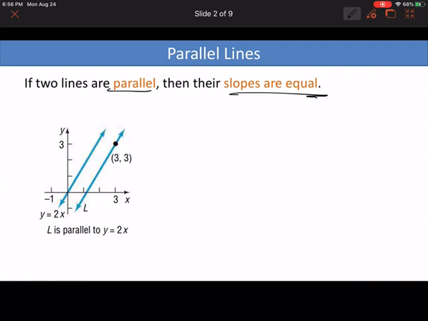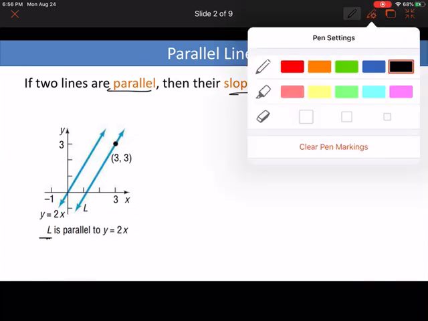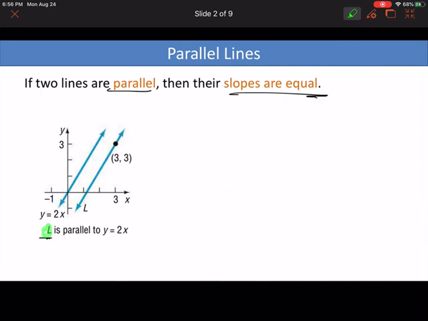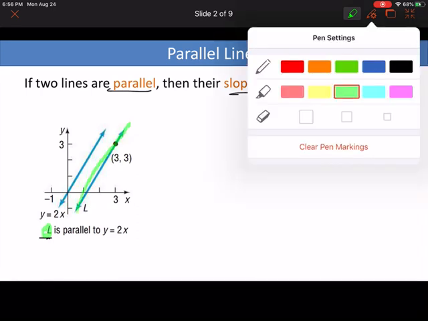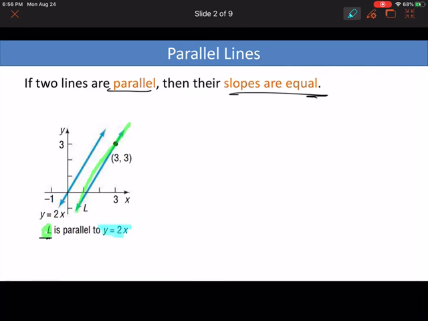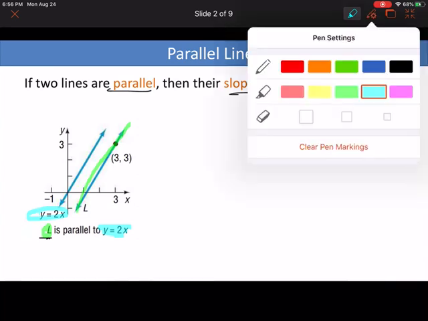So if you're looking at this, I'm saying that L is parallel. So L is here. L is this line here. And it's parallel to this other line here, right? There. Okay, so how would I write the equation of a line for L? Well, I have a point,